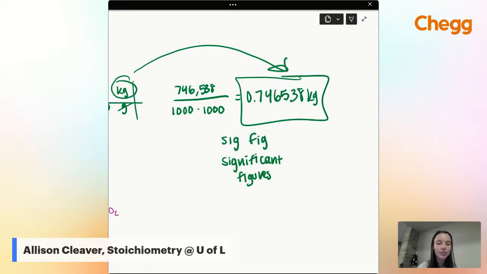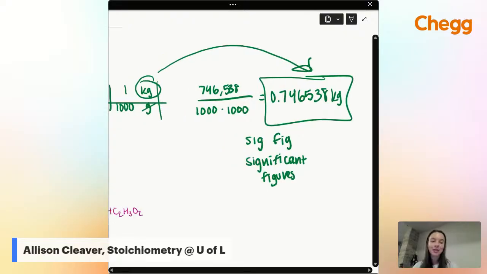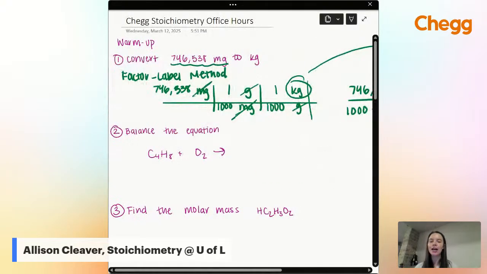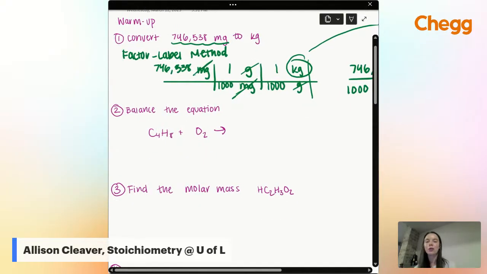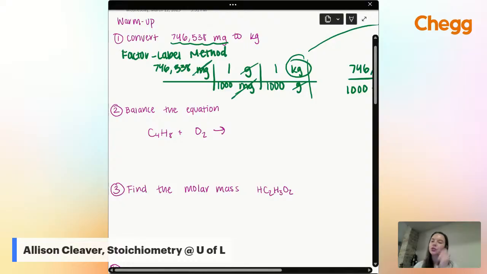We have a comment from Gorge on TikTok. Could you help with acid-base equilibrium? Absolutely. If you type one of those questions in the chat, I would be more than happy to help with some acid-base equilibrium. That is what I'm here for. I want to answer any questions y'all have. While we wait on some to roll in, we're going to go to our next warm-up question just to get y'all in that chemistry mood.